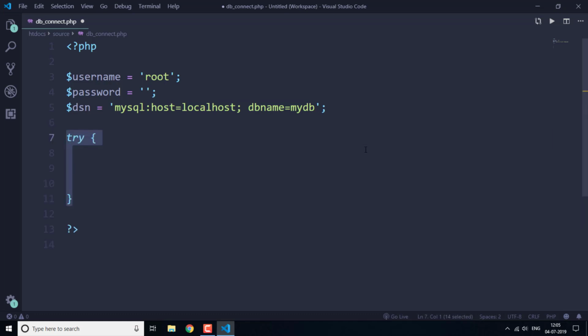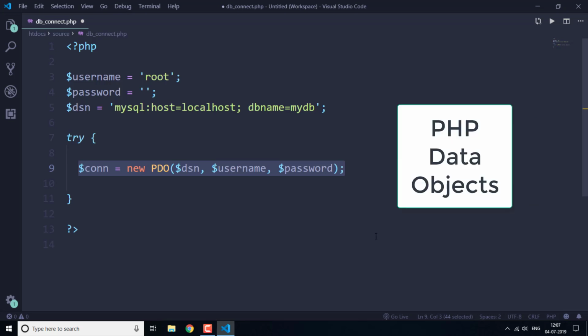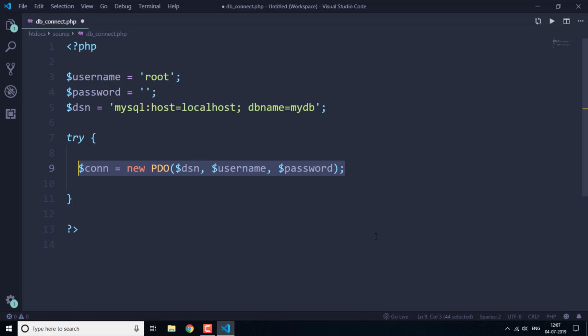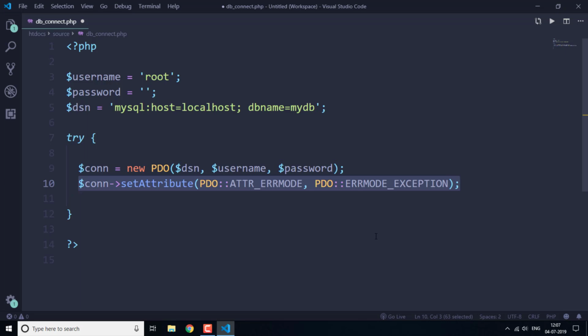And then after, we are going to write a try block, and in the try block I have created a con named variable, and I have specified all these three variables that I have created in this PDO. So we are going to use PDO for getting the data and storing the data into the database. PDO stands for PHP Data Objects. So I'm going to use PDO, and here with this statement I have set the error modes for the PDO,